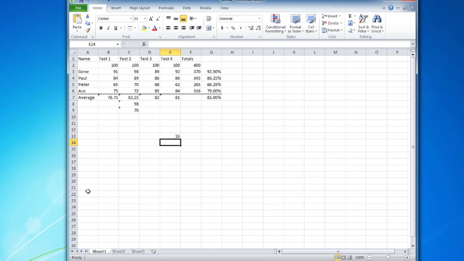So what we're going to do first is I'm going to explain the vertical lookup for you. We're going to tell the vertical lookup, hey, I have a 92%. What letter grade does that give me? And by using this cell, it's going to automatically put a letter grade in there for me. Okay? So I'm going to come over here, and we're going to make our